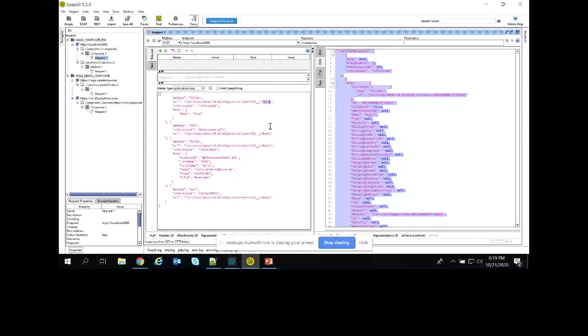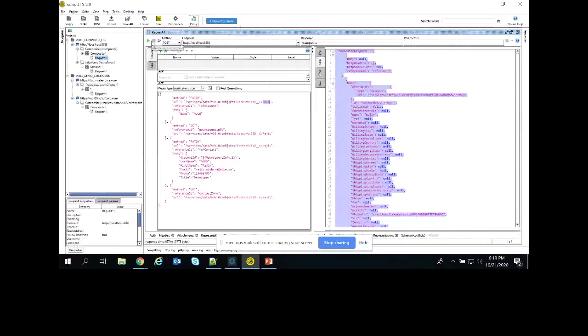Let me hit it. One second. Actually, I have used PATCH, which is used for upsert as well as insert. The mule account is not there, so it has created the mule account, but it has not rolled back.